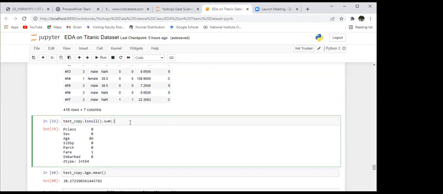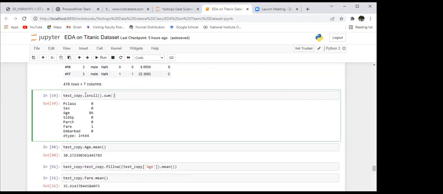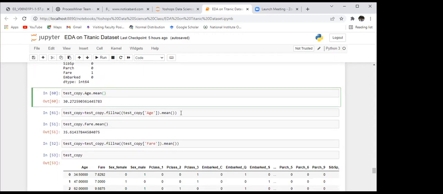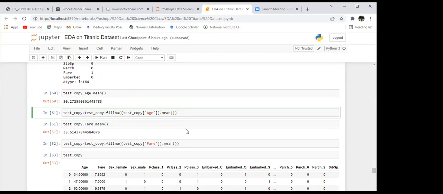Next step is to check for the null values. So just run this method. We can see that age has 86 null values, fare has 1. Use the same method of imputing the mean. You just call fillna along with mean.